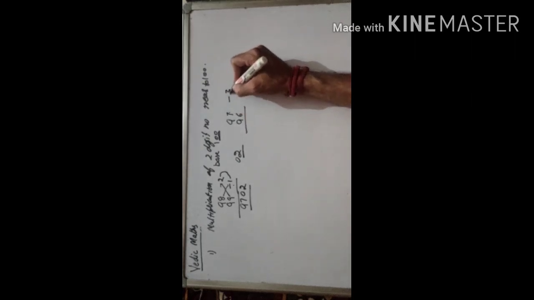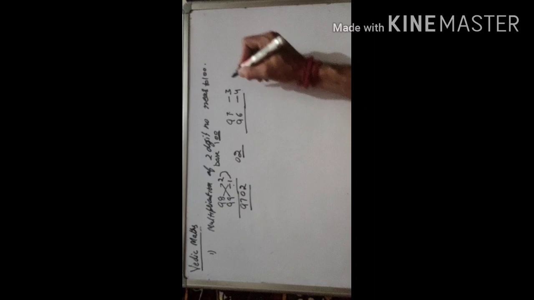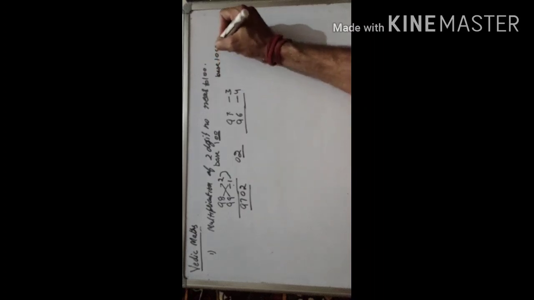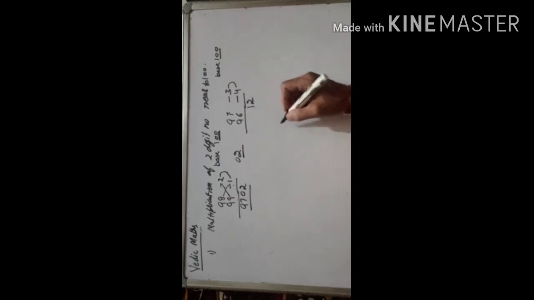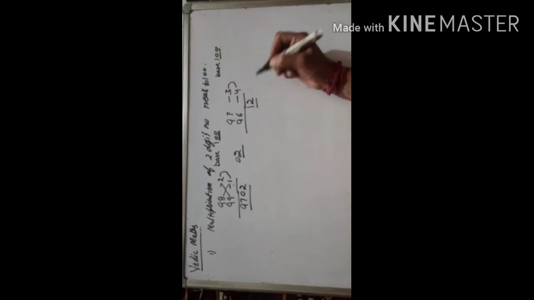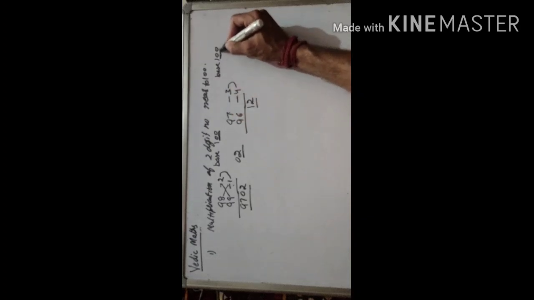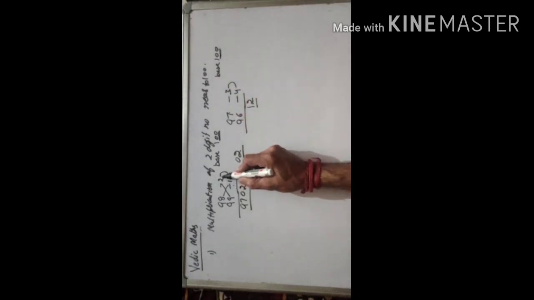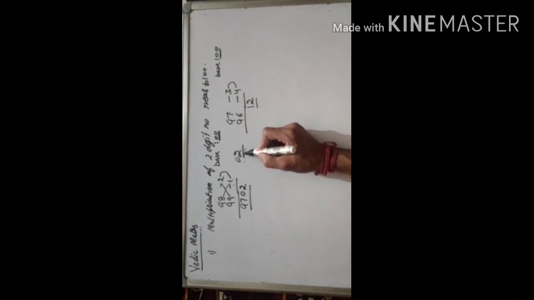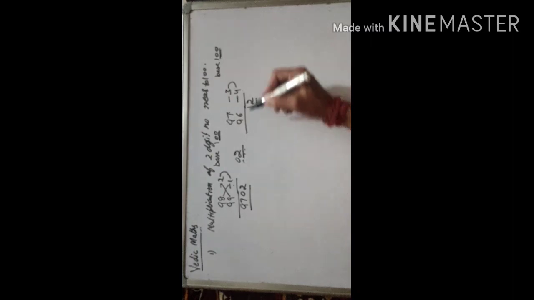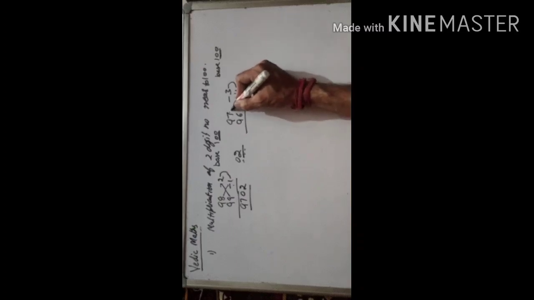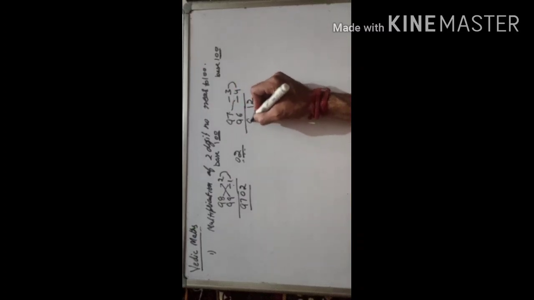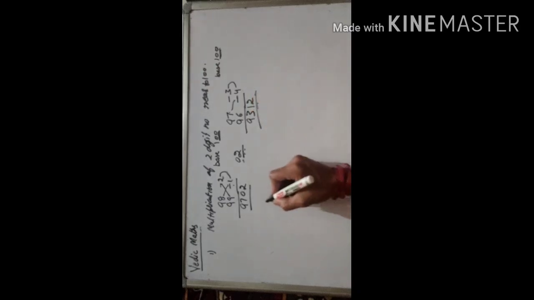Suppose you have to multiply 97 with 96. Now it is 3 less than 100. This is 4 less than 100. Base is 100. Now 3 4s are 12. It is already a two-digit number, so we put 12 here. We have to see how many zeros are there. If it is a single digit, we have to make it a two-digit number by putting 0 in front of it. Now it is already a two-digit number, so no need to add 0. Subtract: 97 minus 4 is 93. This is the answer.